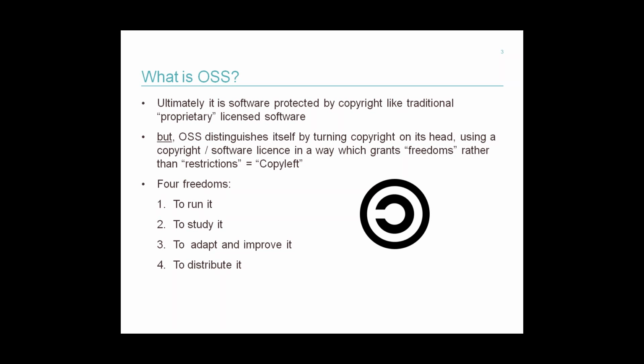And it does this by effectively flipping copyright on its head, and this is one of the key distinguishing features of open source. That's why they call it copyleft instead of copyright in respect of these certain restrictions. They use the licensing model to compel you to, one, make sure you release the source code if you're distributing the software onwards from your original license, and also make sure that whatever terms you took the software on, the original open source license, you on-license on exactly those same terms. That way it perpetuates this cycle, and also ensures that the source code is always open for other people to use.